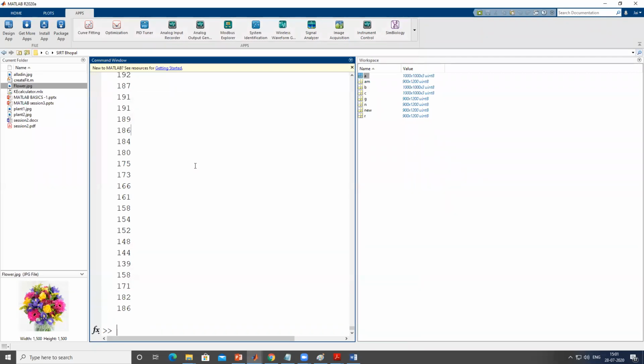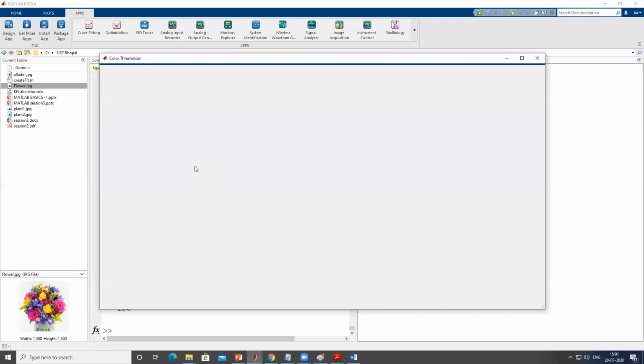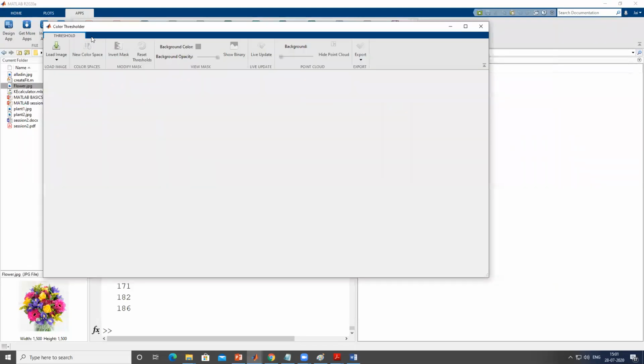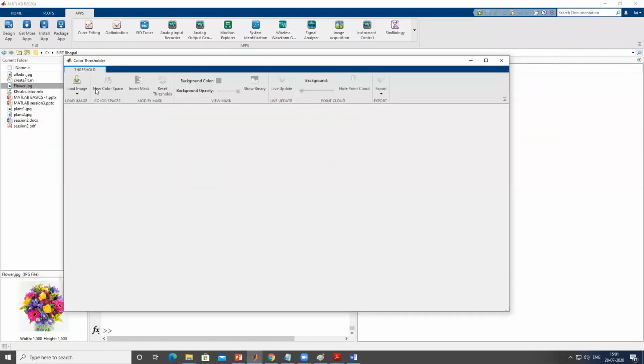It will take 1 minute to open, and once it opens, I'll show you the further steps involved. Okay, so here is our app. Here you can see that all the tools are deactivated. Only one tool is activated, which is load image. So the first task is to load the image on which we want to develop the filter. I select the first option, that is load image from file.